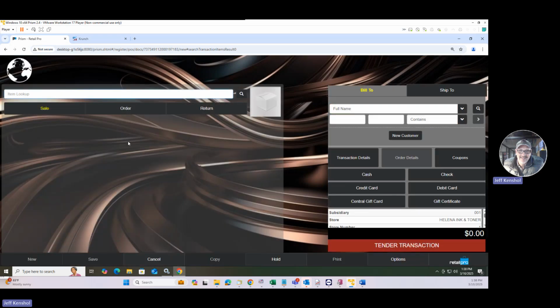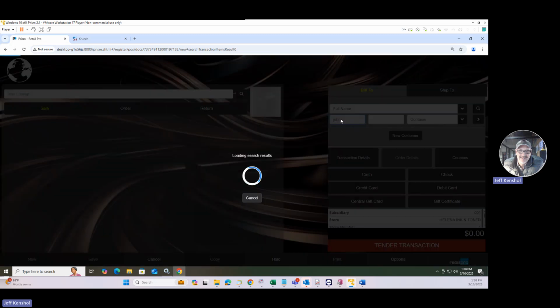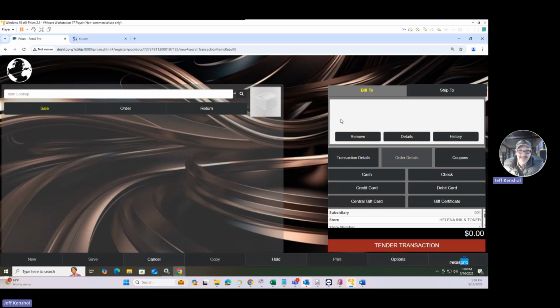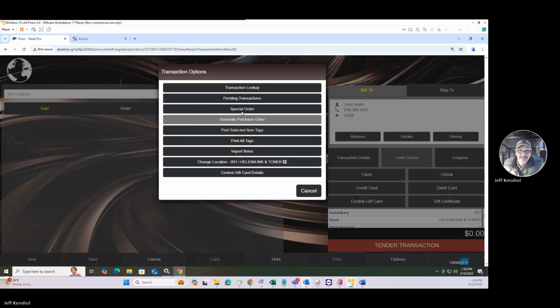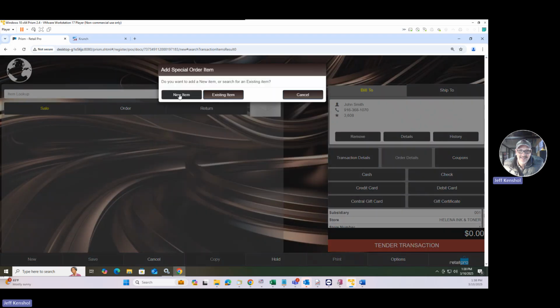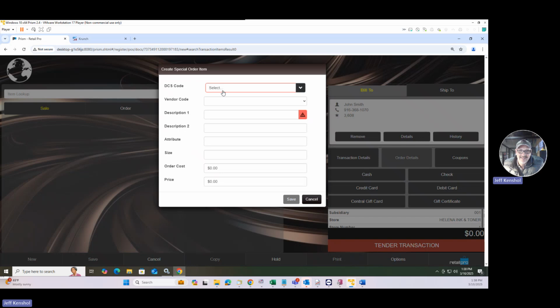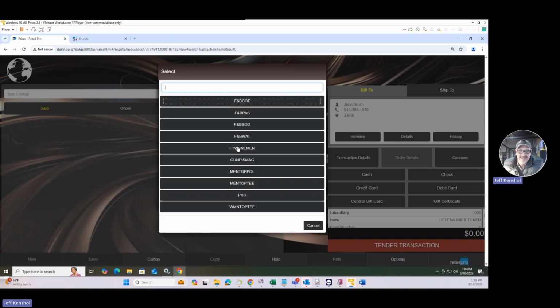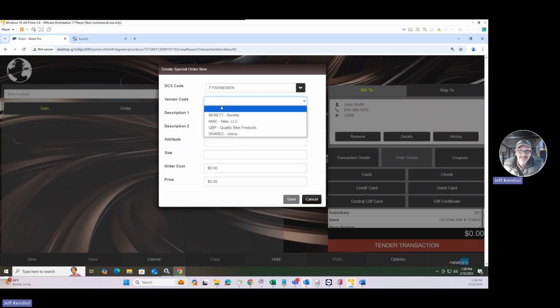And let's make a special order, right? So a special order is different. So let's put a customer on there. And the reason it's different is because with a special order, I could actually make a new item. So I could build a brand new item that hadn't existed before. You click in there and then you start putting in the departments, and you put in the vendor and you put in,